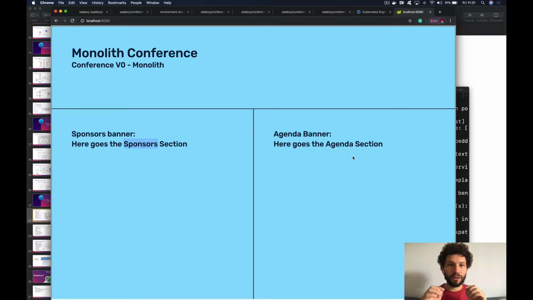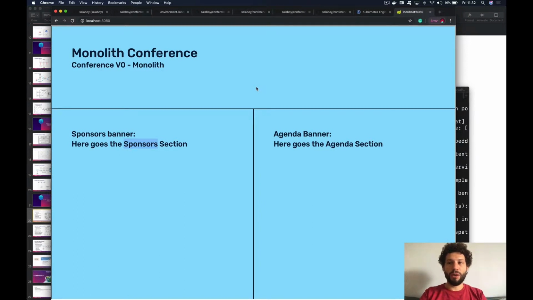That's very not efficient because if something changed that was shared by both, now I need to make the same change in these two repositories and keep them in sync if I want all my conferences to leverage that. So that's definitely not a good practice. And so if we want to start reusing different sections in different places, we should start thinking about how we can split this. But for now, what we can do is we can say, okay, how do I take my